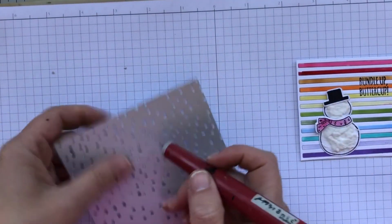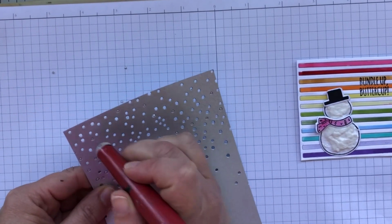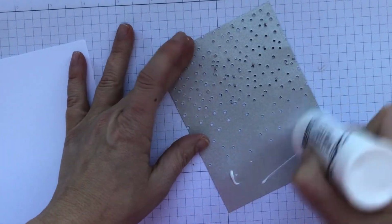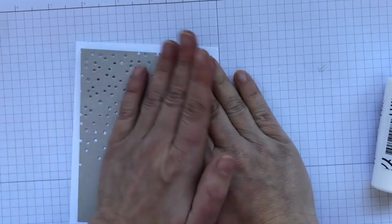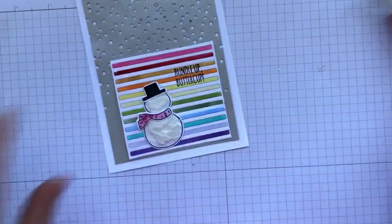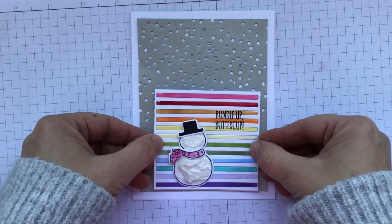Whew, everybody breathe. This is the Snowfall Backdrop Die from the October Hutson release. I went ahead and ran that through on some silver cardstock that I have, and I'm going to adhere this down again to another linen card base there. You're not going to see too much of that shining through. So I've got some silver shimmery cardstock against the cute little fluffy snowman. I mean, seriously, so cute. I'm going to pop up that panel with some double-sided foam tape,